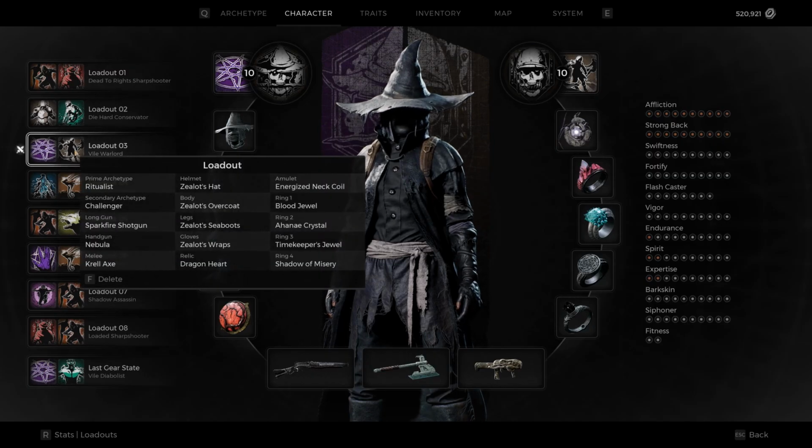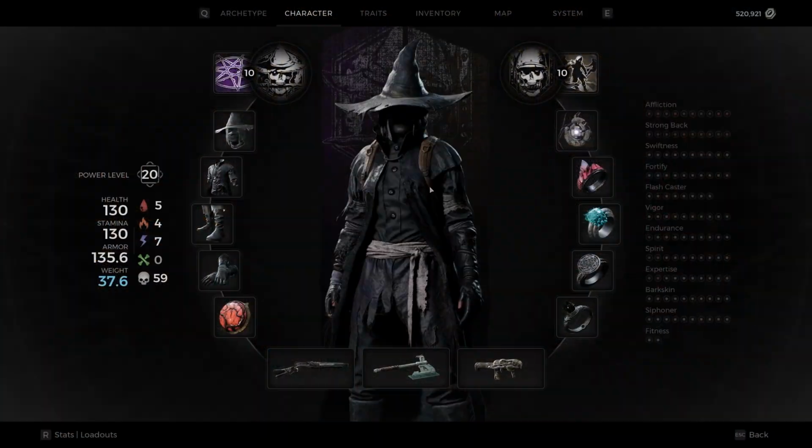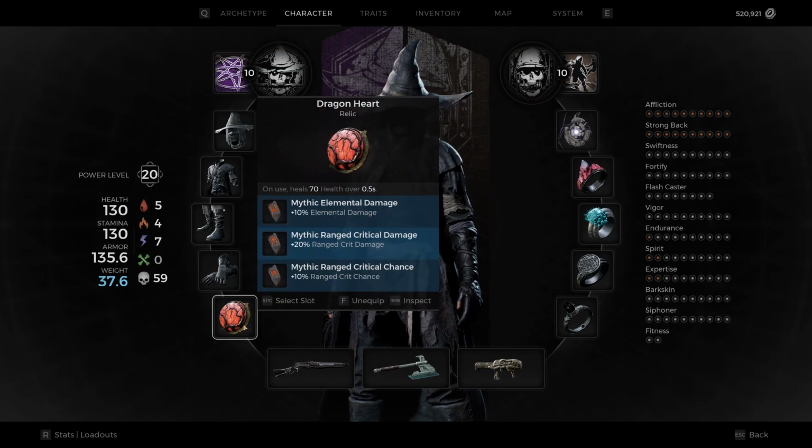And then if you want the sustained DPS, which is still very bursty, by the way, it's still gonna burst hard. But yeah, this is the more overall DPS one. And if you wanted to run this one and be slightly tankier, you could keep the elemental damage in there and then switch the bottom two relics for the other two that I had, the armor and the...